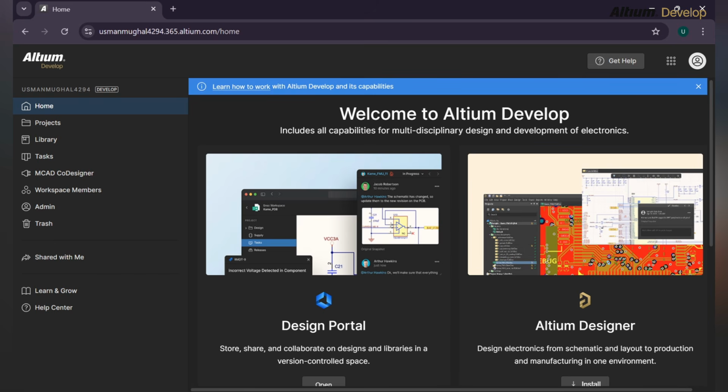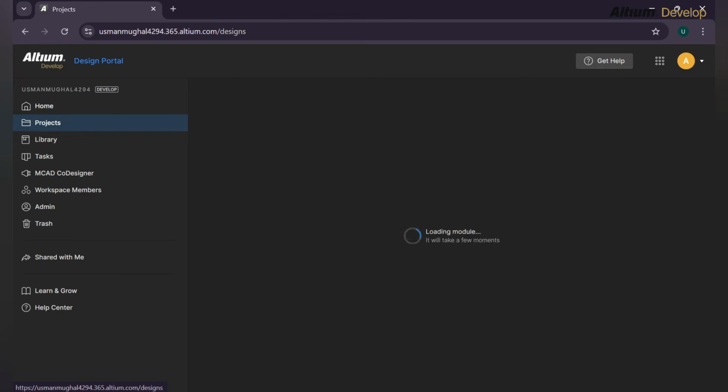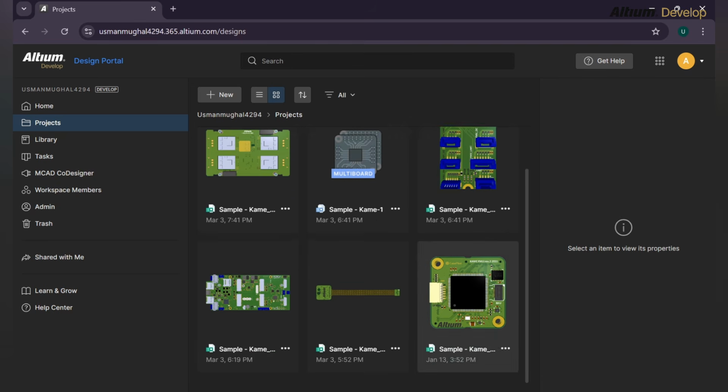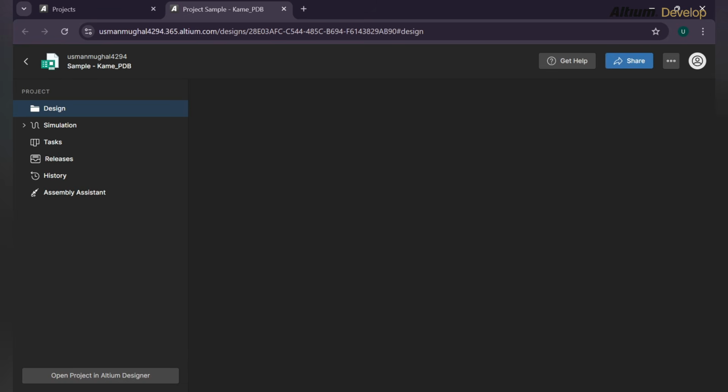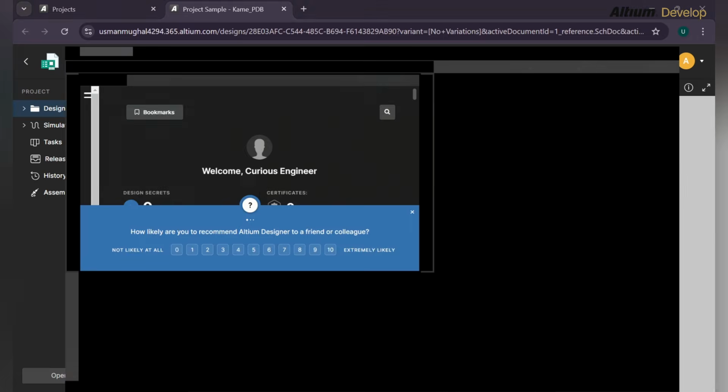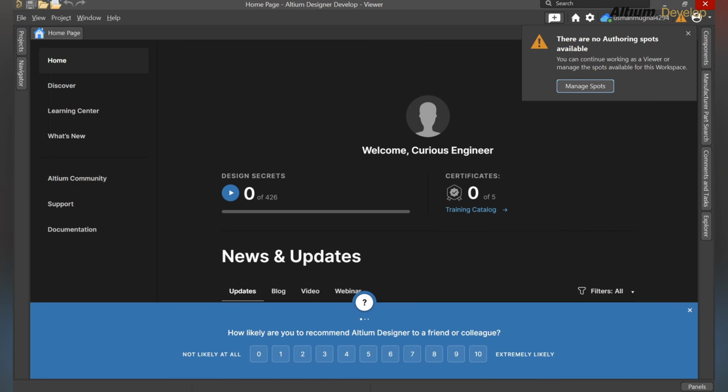Let's go back to the front page and go to the projects option, and here you can see different projects. You can simply double click on any project and open it in the second window, and all the schematic sheets of the project get opened, and you can also open it in your Altium Designer Develop software. But once